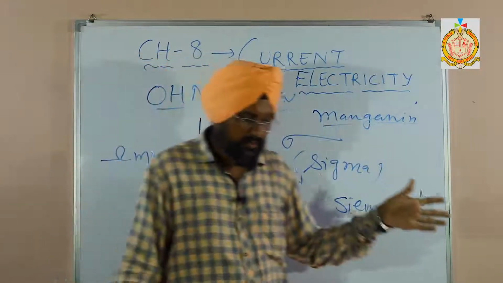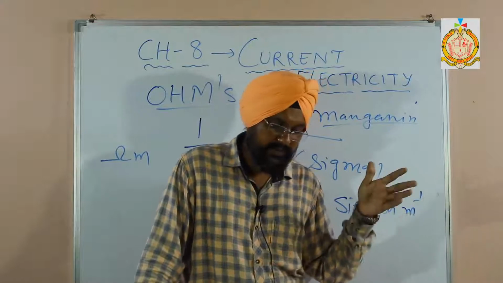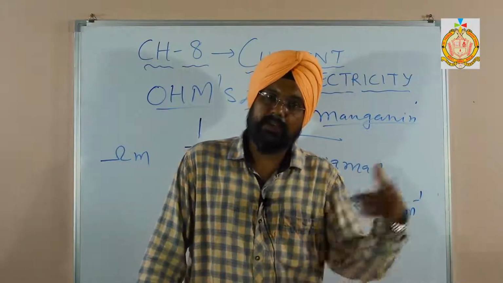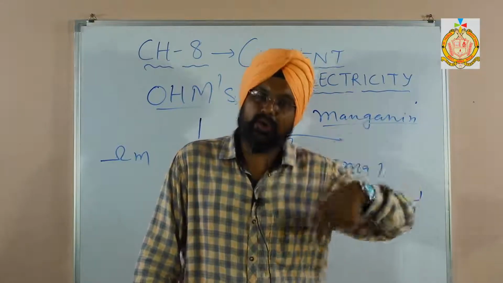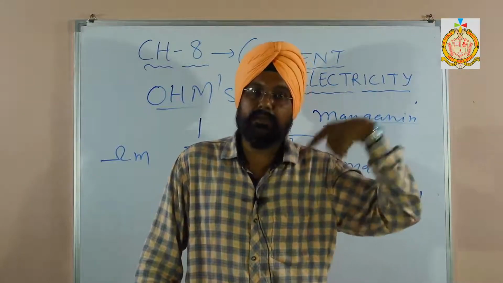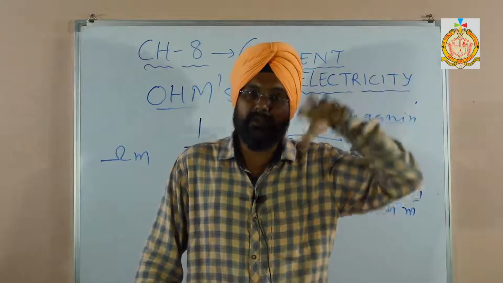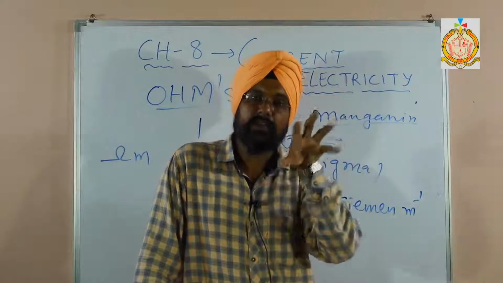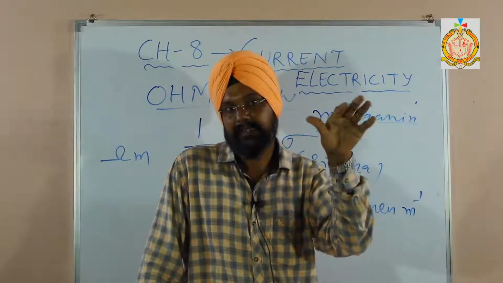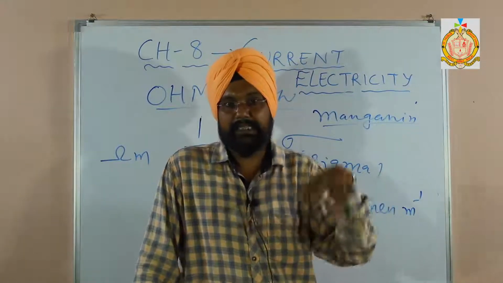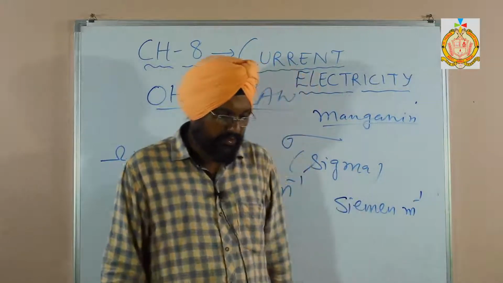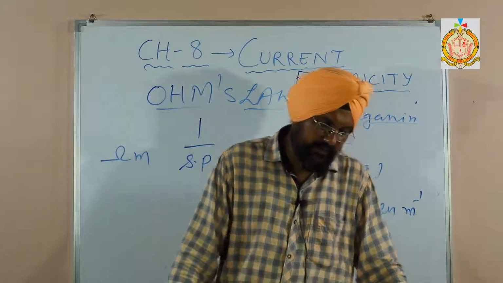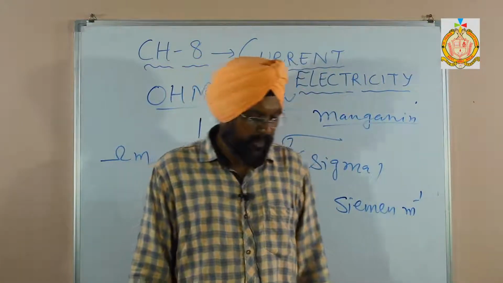For a fuse we need a low melting point, that is, the specific resistance should be high. But copper has a low resistance, so it can pass the current very easily. We need a fuse with high resistance, so that when the current exceeds the limit, it can melt soon. The alloy of lead and tin has a low melting point and a specific resistance more than copper and aluminium.